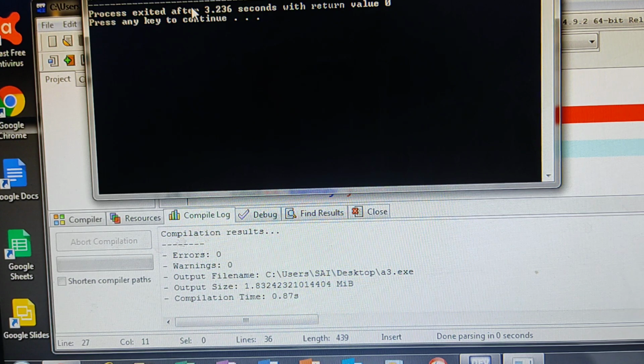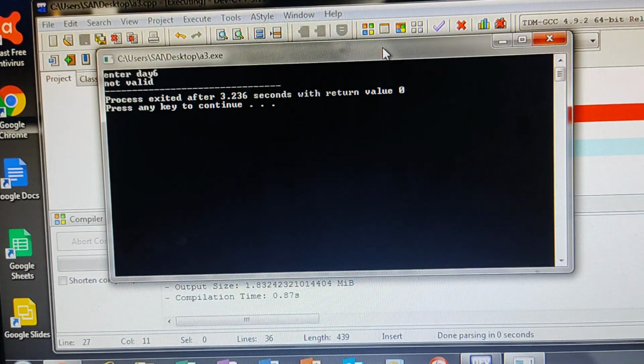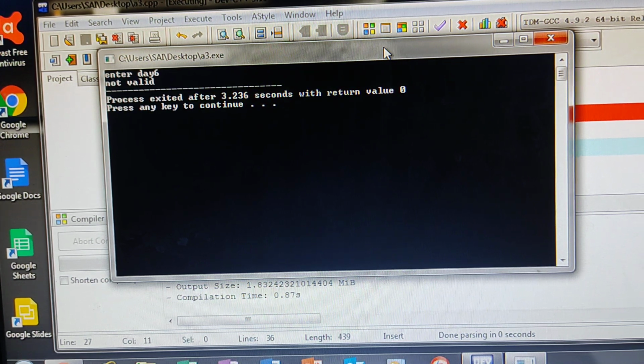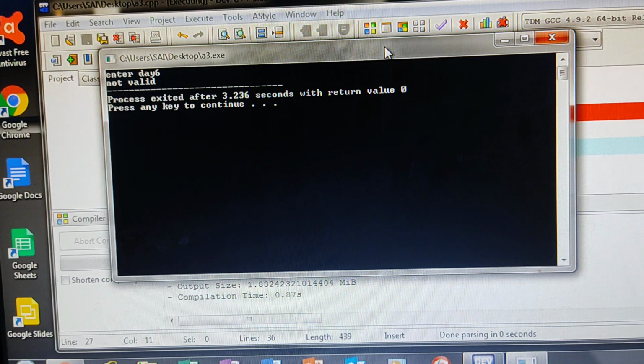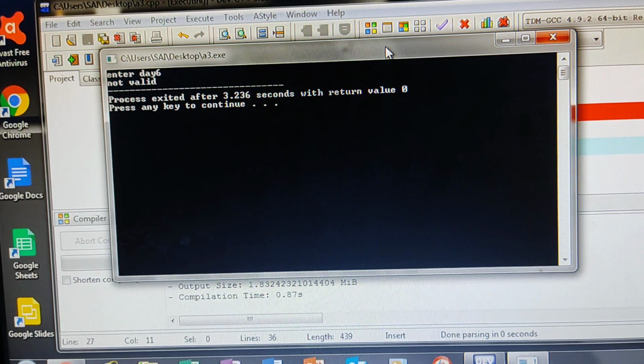It is not compulsory that it should give Friday, it should give Saturday, not like that. In that block, whatever you have given, based on that your program will be executed, not according to the calendar. Whatever you have given in the programming code in the case blocks, only that will be given as output, not according to your system calendar, not according to your home calendar. The code whatever you have written, according to that you will get the output.